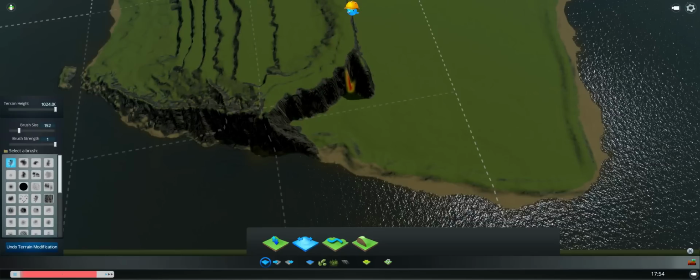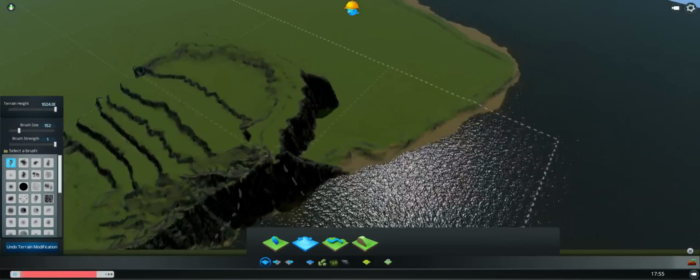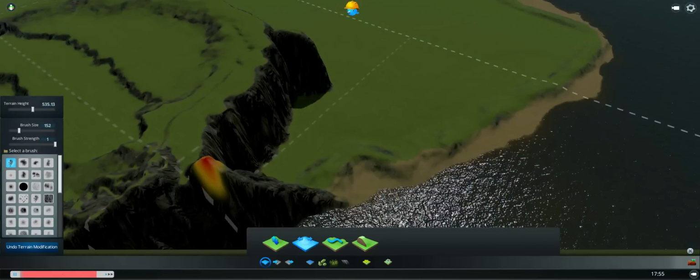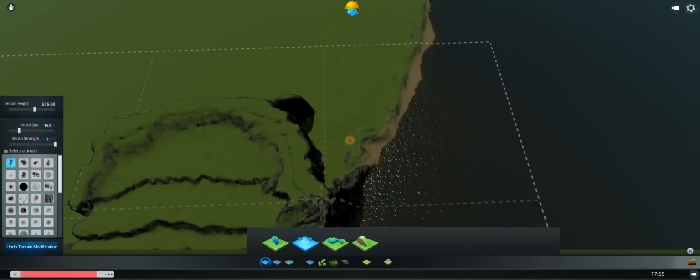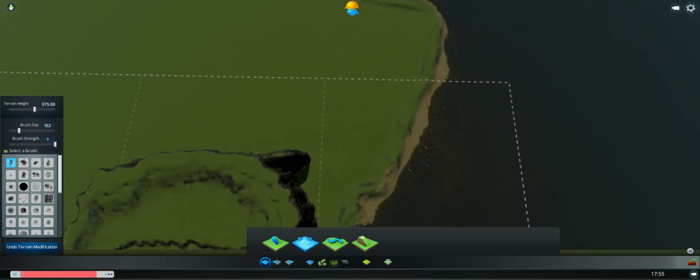in this specific case, let's say I want to expand this area of cliffside some more. What I would do is I would see what height this is, and I can do that by just right-clicking. So this is at 535 point something, and let's increase that just slightly, let's make it 575 exactly. I did actually draw a map of what I want this final thing to look like, so I've got that on hand, and I would recommend doing this if you're any good at drawing. So according to my map, there should be